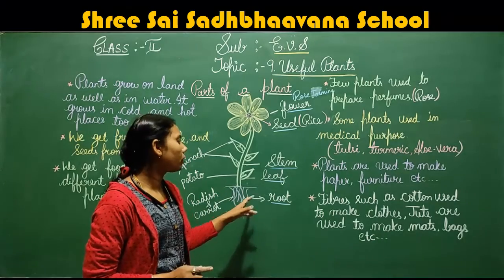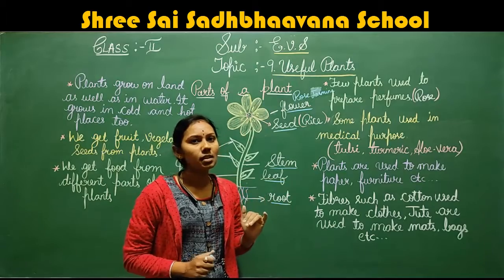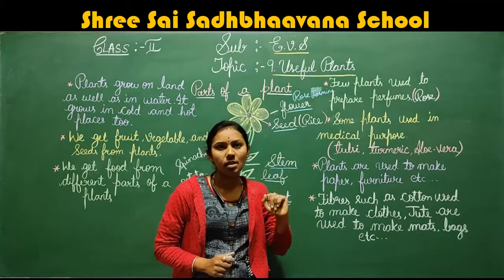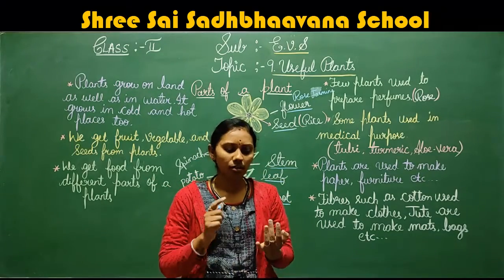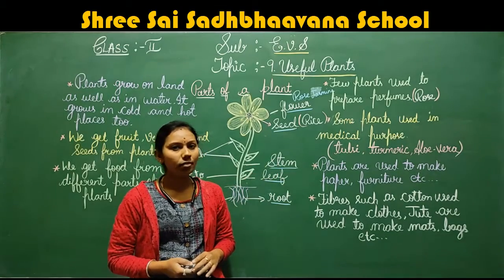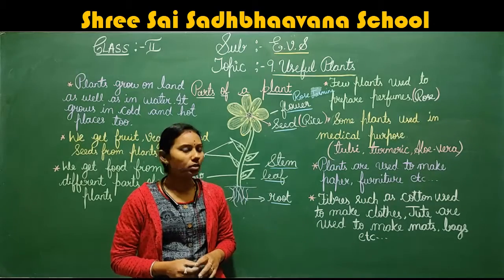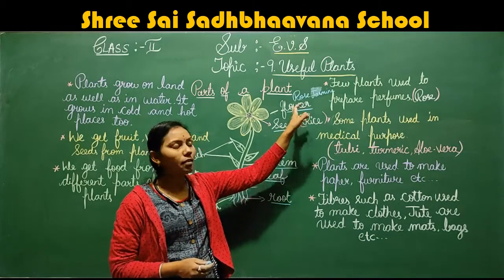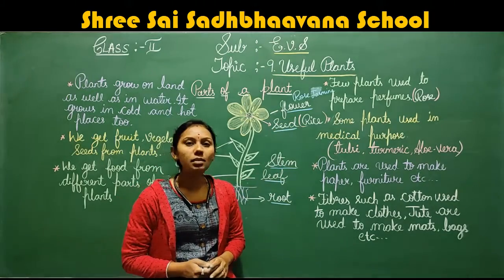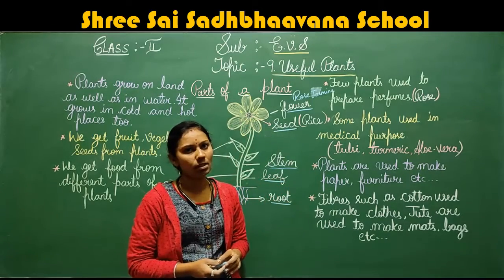Okay. So what will we do from this rose and jasmine? How does it help us? Yes, we can prepare perfumes from the rose. Rose petals will be there, no children? From the rose petals and jasmine petals, we are going to prepare the perfumes. Got it? How does this flower help? It helps us in preparing perfumes, for example, rose petals, jasmine petals.